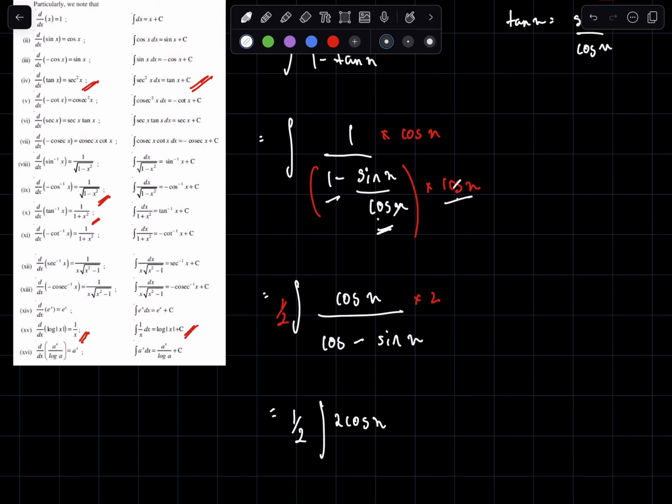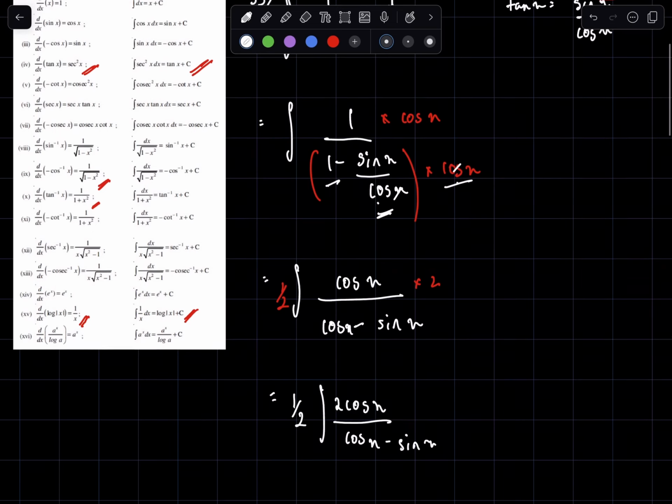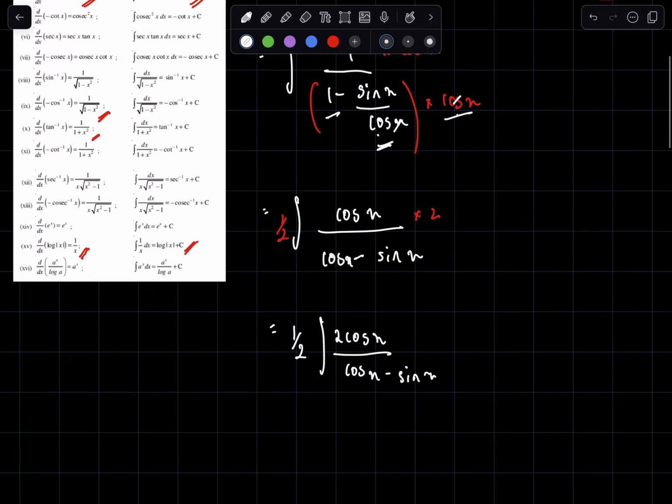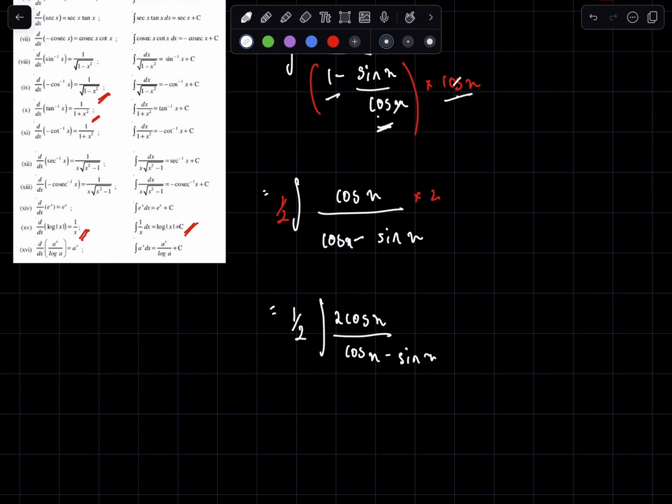Remember, we multiplied and divided, so the expression is technically cos x minus sine x. Now, I have cos x, so I need to subtract and add sine x, which is then equal to half of integral 2 cos x